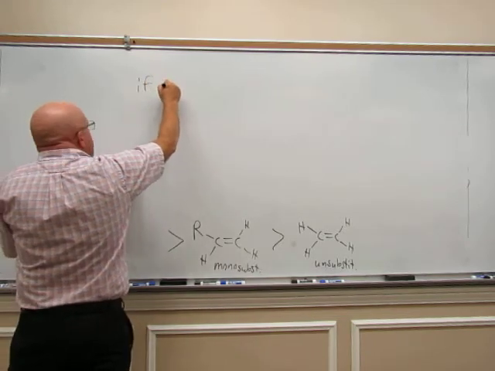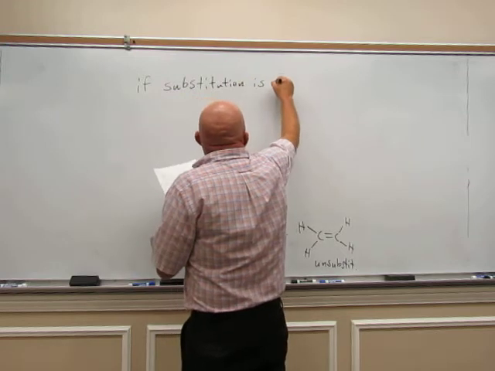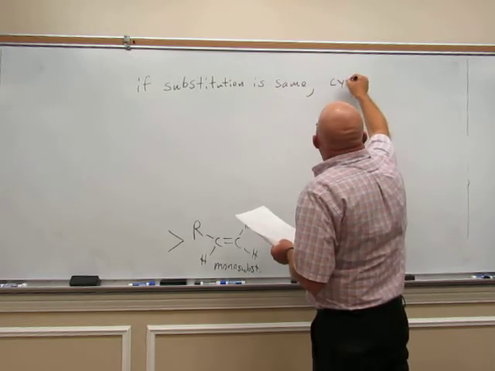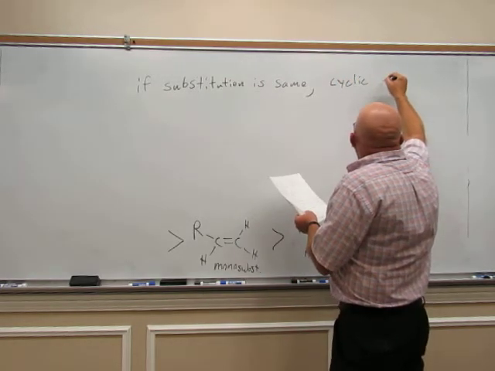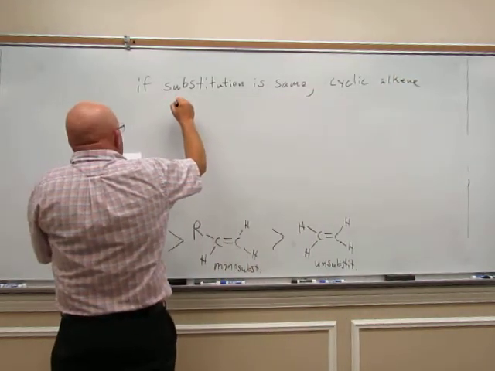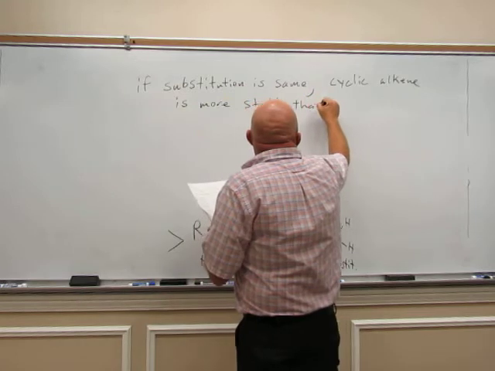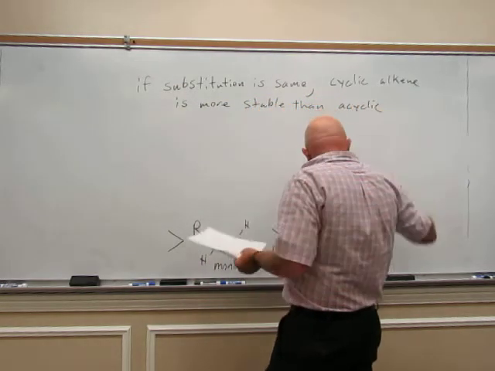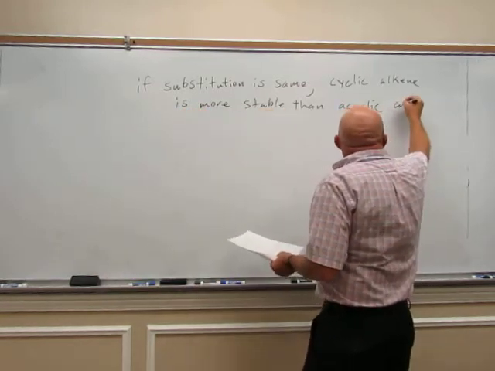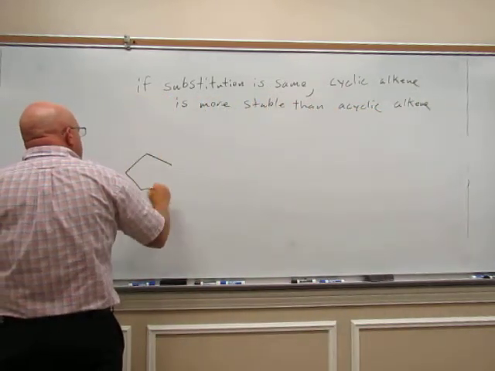But if substitution is the same, a cyclic alkene is more stable than an acyclic. So if I were to compare these two molecules,